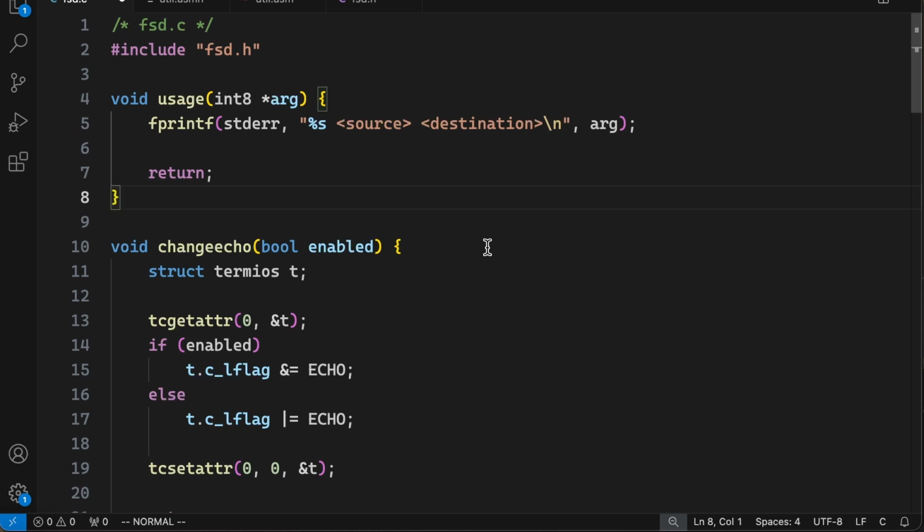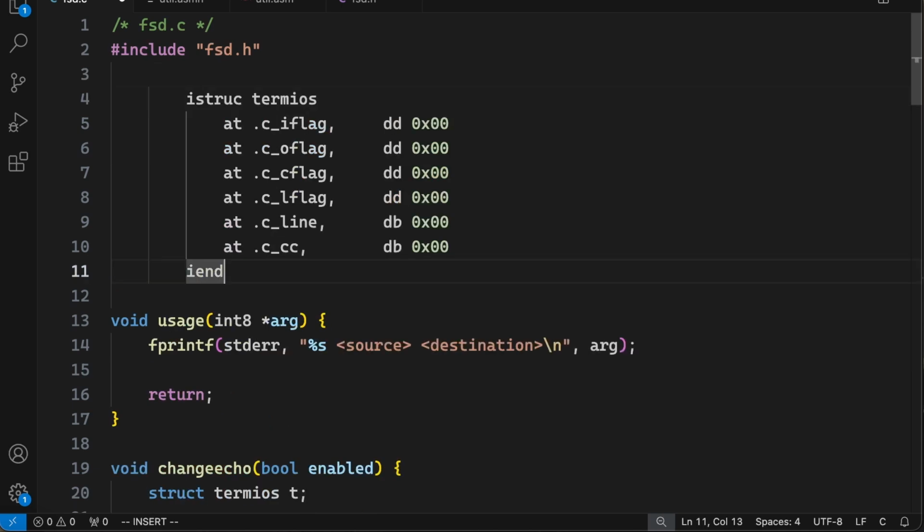Alright, so let's see. If we just paste this thing here, let's see if we can handle this. So all of these are, DD means it's a 32-bit integer. So that's pretty easy to handle. This will be an int32,